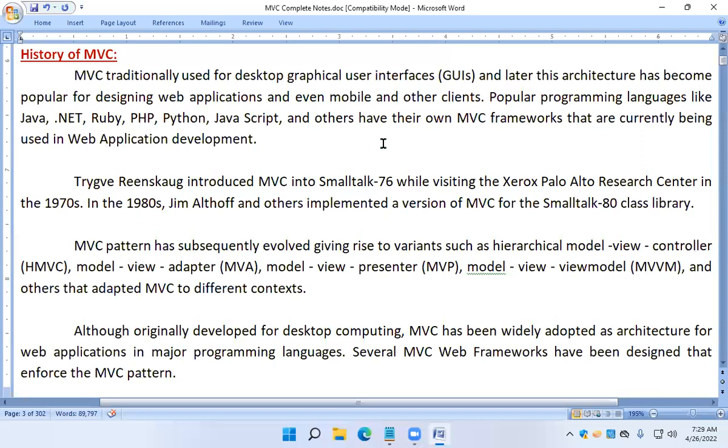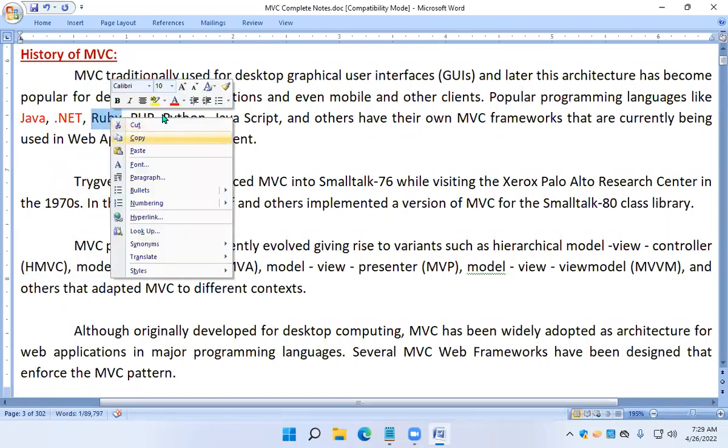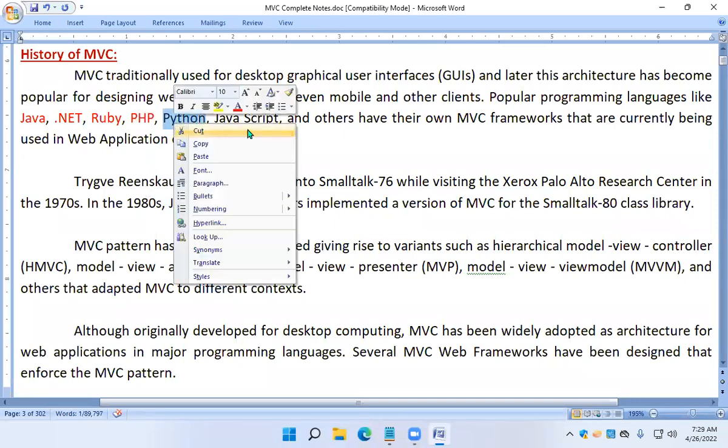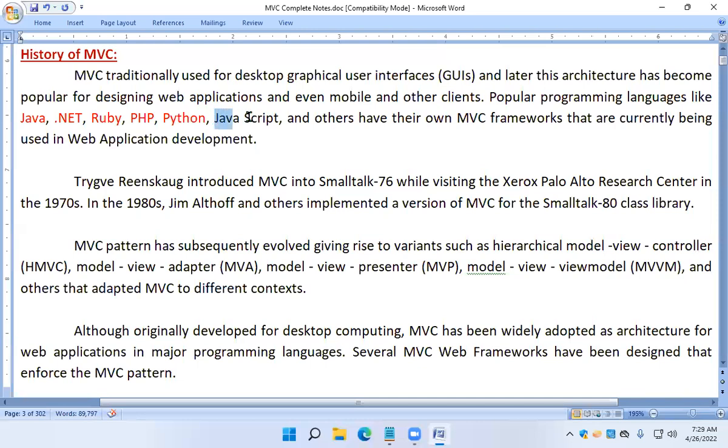There are many popular programming languages like Java, .NET, Ruby, PHP, Python, JavaScript, and others that have their own MVC framework. The point I'm trying to tell you, as I said in the first class, is that MVC is not a product of Microsoft. It is open source, meaning it was designed openly, and later on many programming languages launched their own version of the MVC framework.